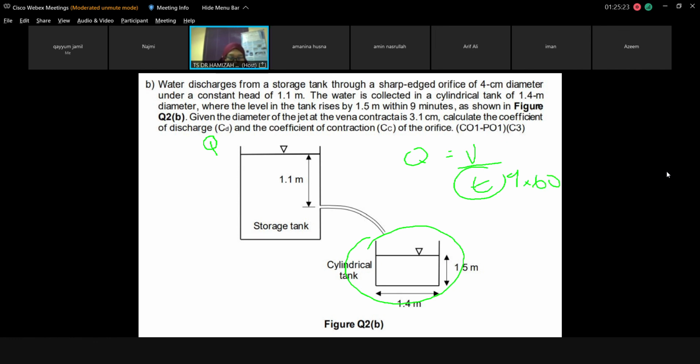Formula volume for cylinder apa? Volume for cylinder. Anyone? Good. Thank you. Okay. So saya dah bagi clue dah. You can continue this one. So saya tak nak saya yang present next week. So for next class saya nak